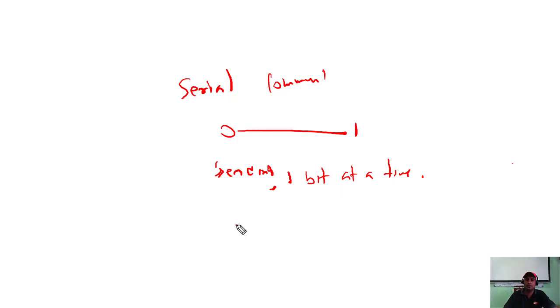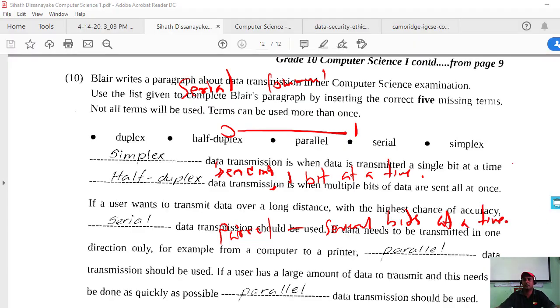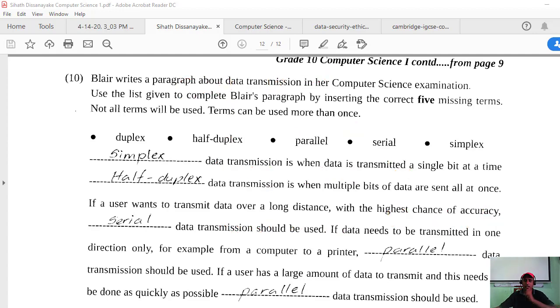Parallel means you are sending several bits at a time. Got it? Several bits at a time. So that's the idea of all the words. We will go through now.